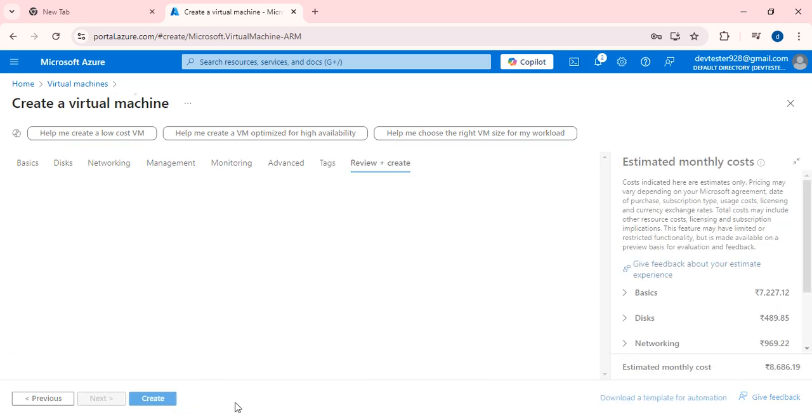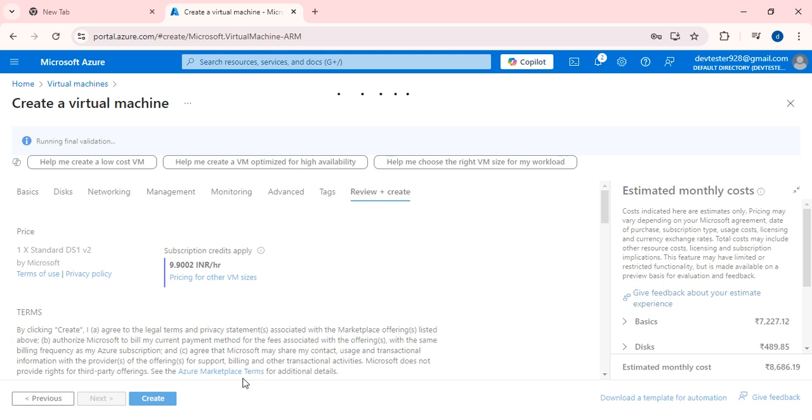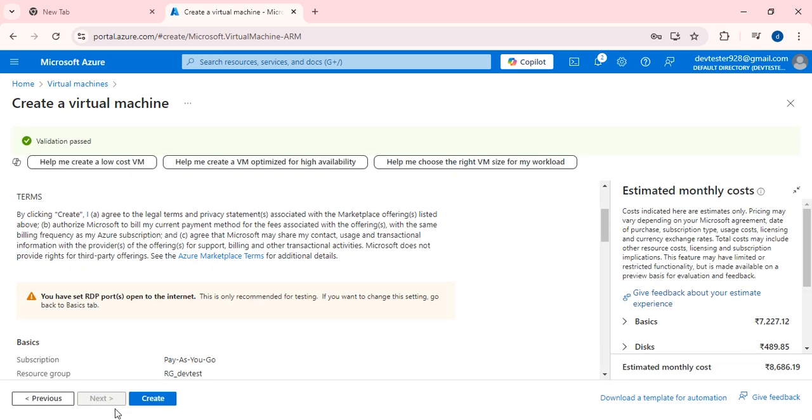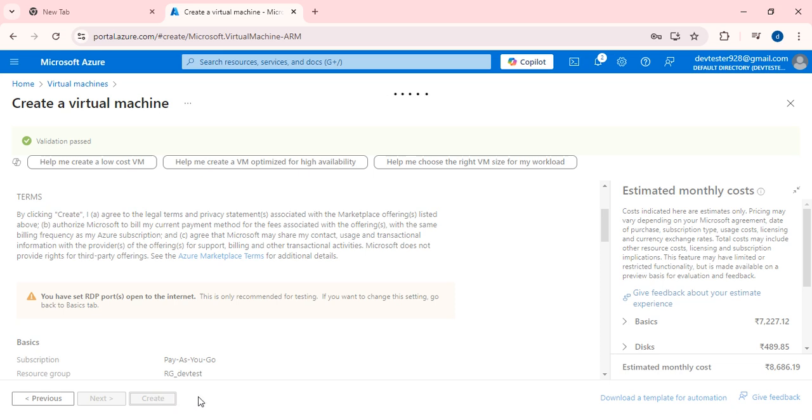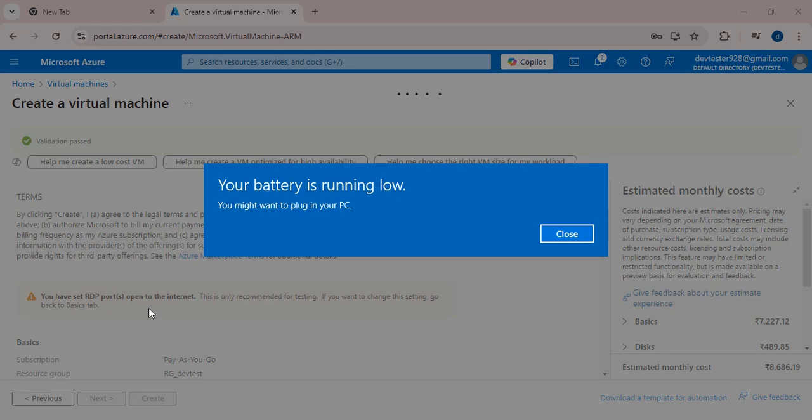Okay, so these are the things which we need to consider while we are going to create any virtual machine. Simply I am creating a virtual machine. Once the virtual machine has been created, how much will it be charged? 9 rupees per hour. Okay, as it is checking the validations, just create. You have set RDP port open to the internet, means the RDP 3389 port has been open to the internet, because if it is blocked, then to access the machine with the help of